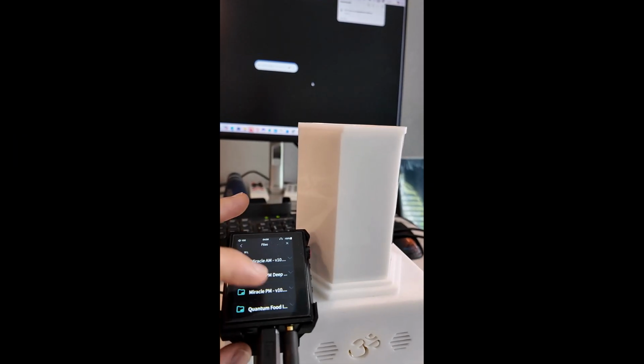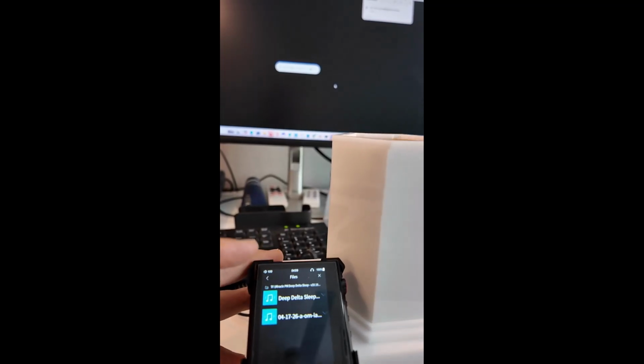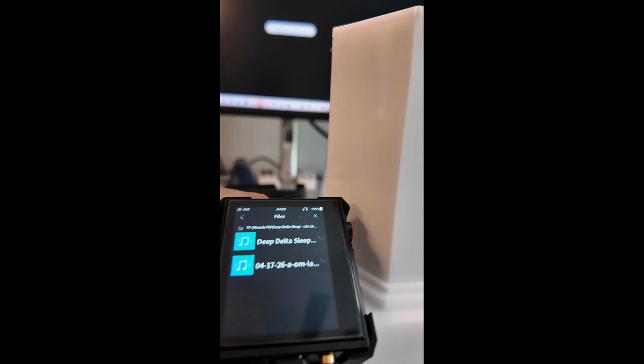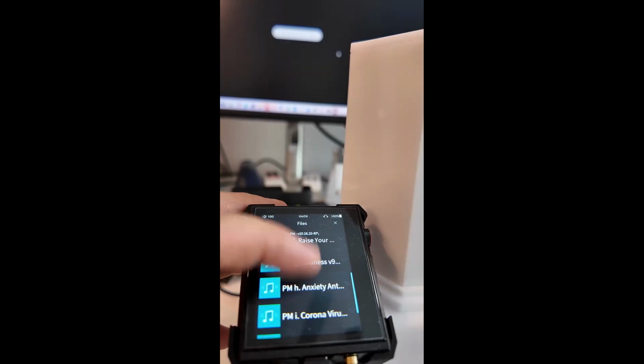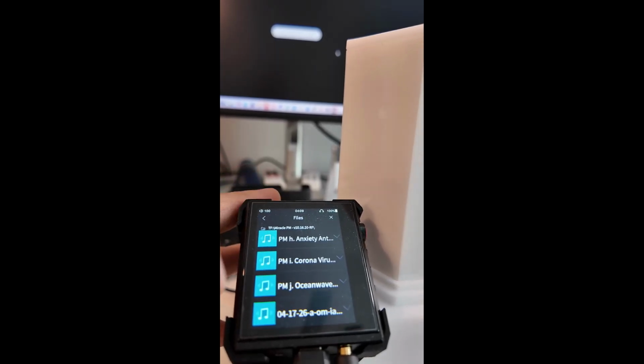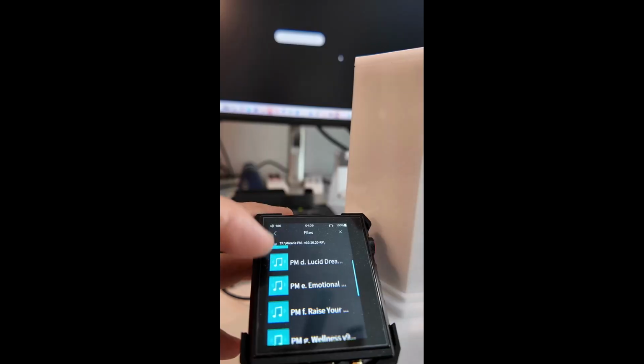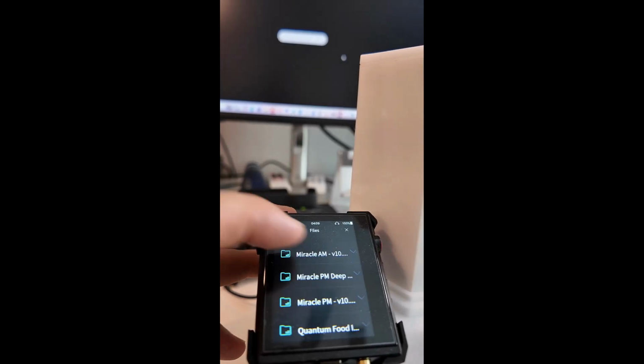Then we're going to look at our player. We're going to make sure that the files are there. So I can see my voice codes are in place. I'll just check the individual folders and make sure everything is there. And then when you're ready, you can tap on your voice code